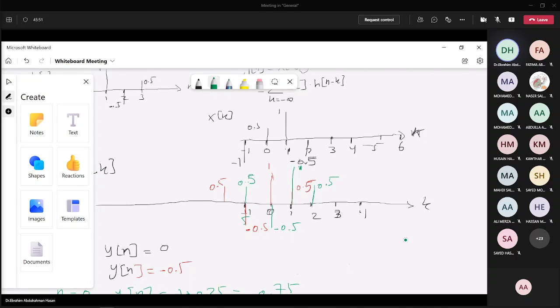Okay, remove these. Oops, this was 1 and this was 0.5. Okay, now